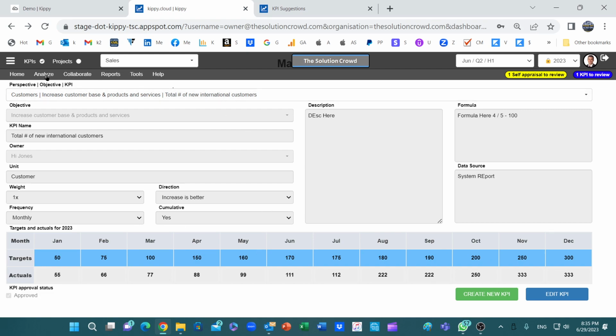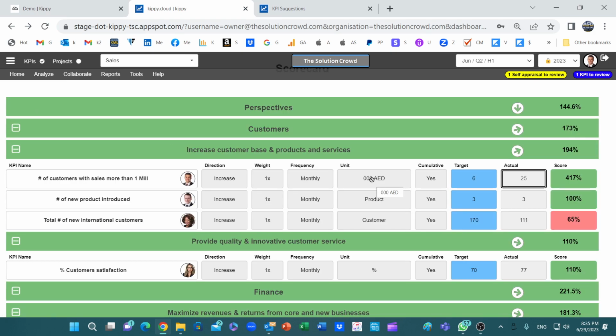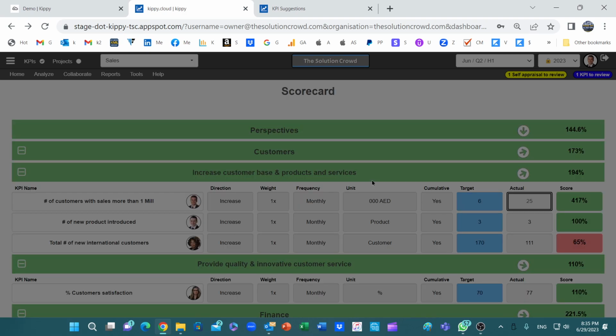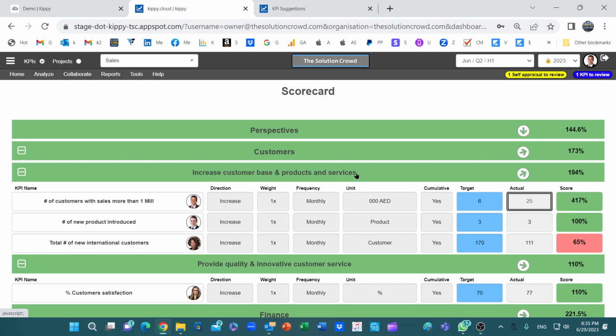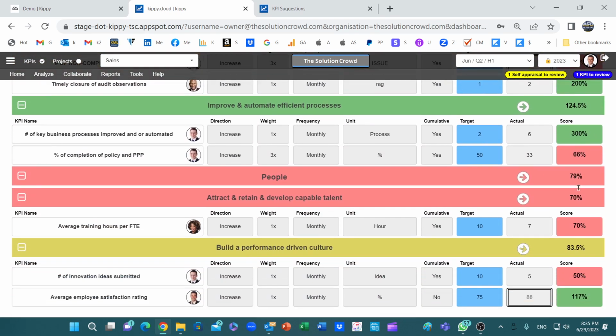So moving forward now with the other one, scorecard. This view is showing us the results of the KPIs. Now it's refreshing. We have many KPIs showing up under the right objective, and if it's green or not, this is the score of the objective as well as the perspectives. And then the major information of the KPI built in. Always you can click on the right name of the KPI to go and see the detail, or you can, for example,